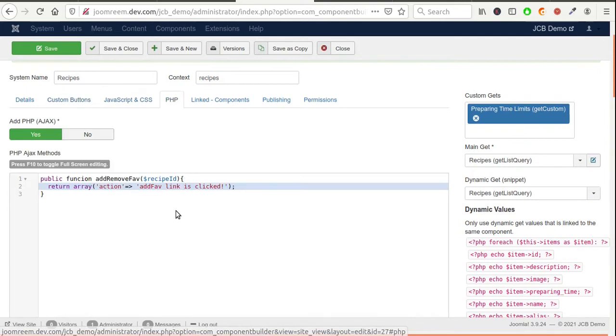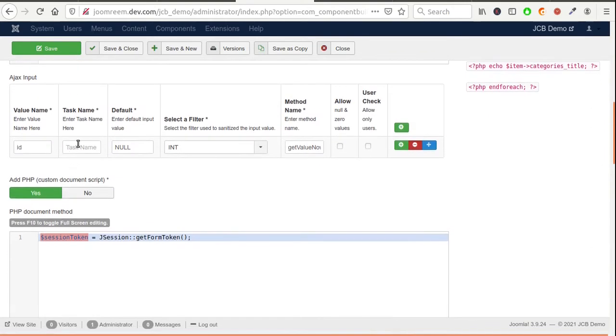The task name represents the Ajax controller task, which is defined in the URL of the Ajax call, while the method name represents the Ajax model method, which will be called by the Ajax controller.